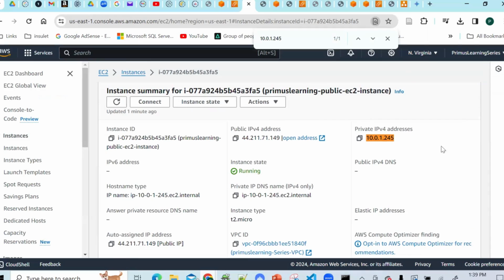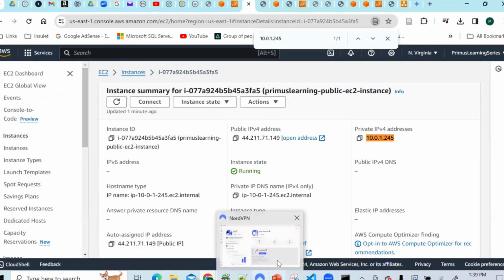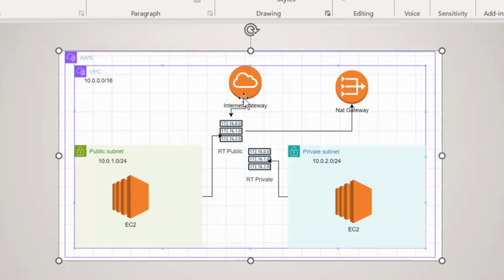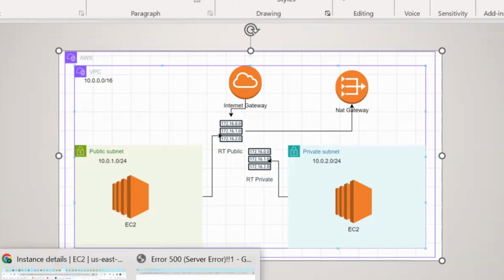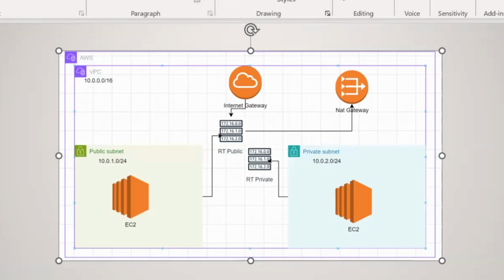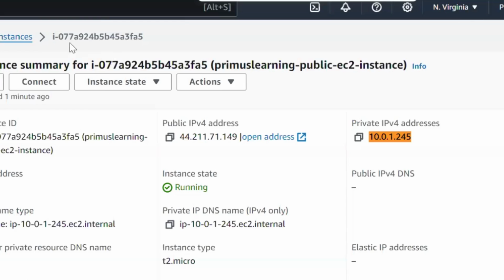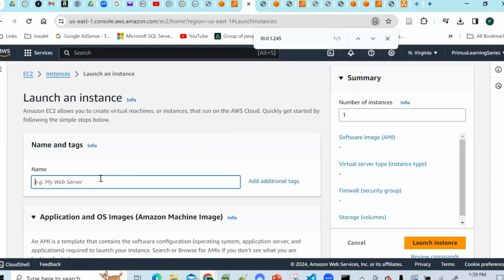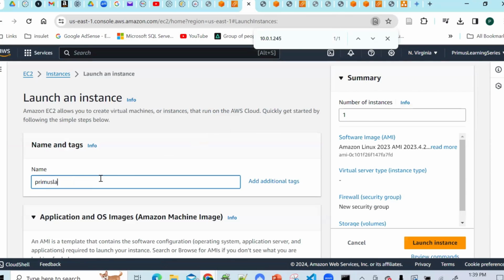So we've created a VPC. We've created an EC2 instance, which is this right here, and it now has internet access, right? You can see that it now has internet access. This one does not have internet access. If I create an EC2 instance inside that private subnet, look at what happens. So we'll create Primus Learning dash series private